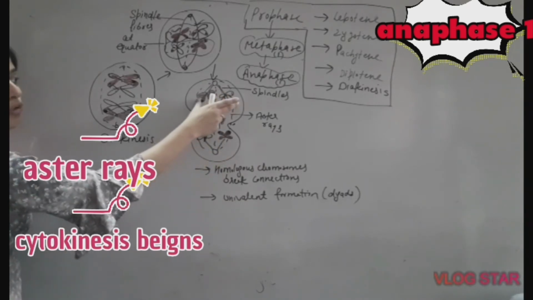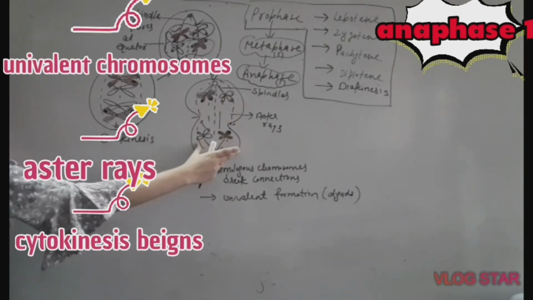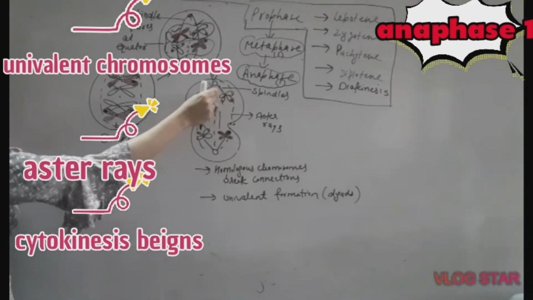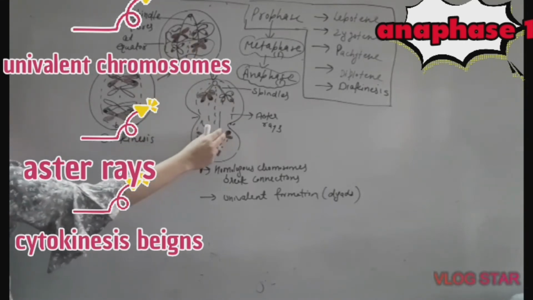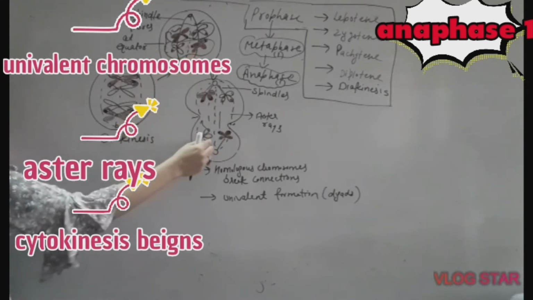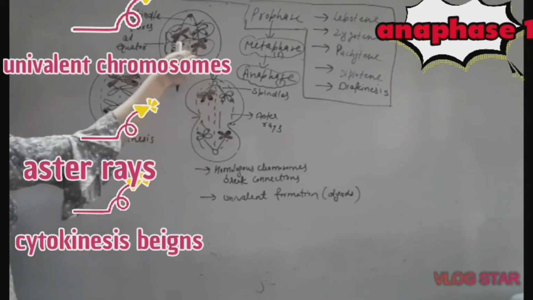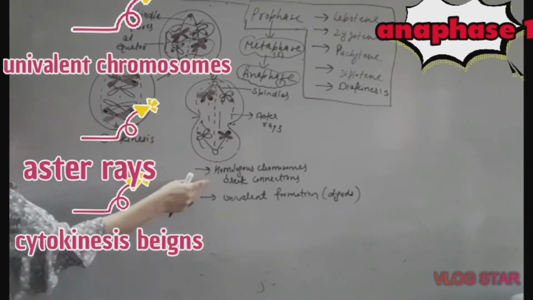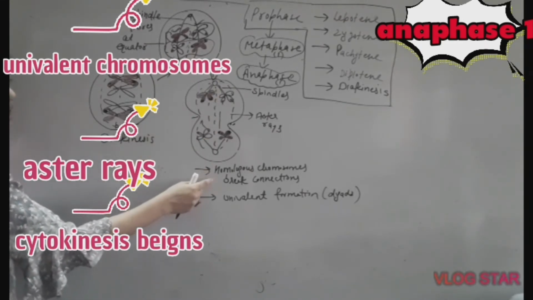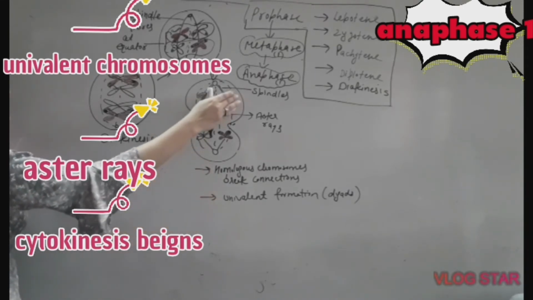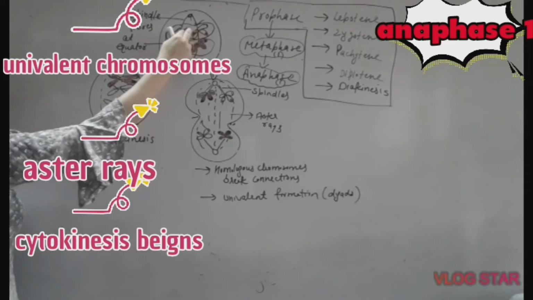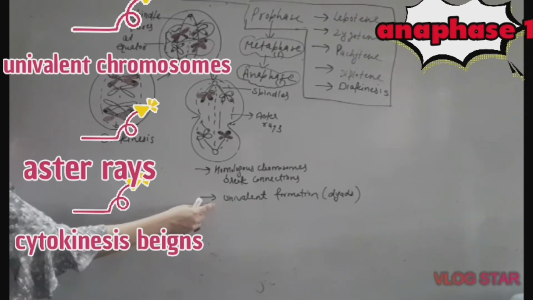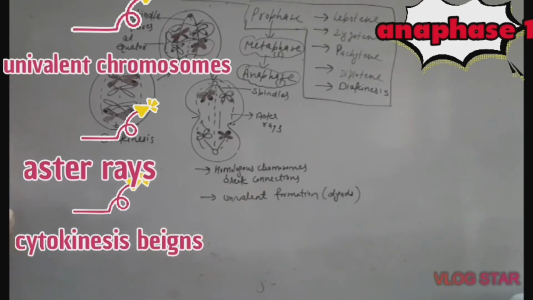Now, this is one pair of homologous chromosomes and this is another pair of homologous chromosomes. These homologous chromosome pairs had some connections here. Here also these homologous chromosomes had some connection. But when from metaphase these chromosomes enter into anaphase, they break their connections, and now they form univalents. Now they are separate chromosomes. Earlier they were bivalent, now they are known as univalent. So univalent formation takes place. Univalent chromosomes are also known as dyads.